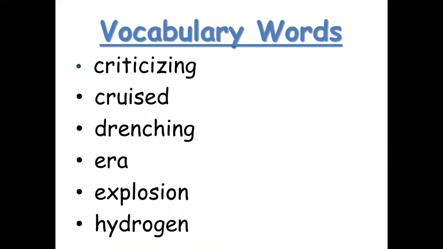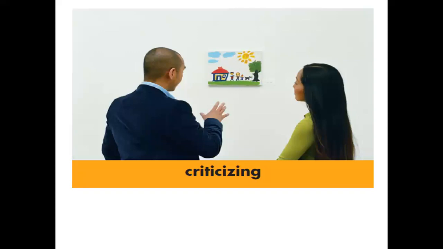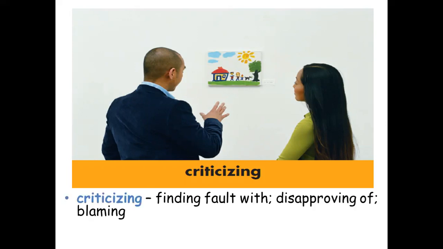Now, before we do anything more, we want to look at each and every one of these words in pictures, and we look at their definitions. Let's start with the first word. The first word is criticizing. As you can see, there's a lady and a man on her left-hand side, and they are discussing something. They are criticizing. So what's the actual meaning of criticizing? Criticizing means finding fault with,